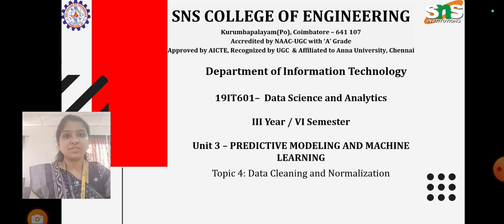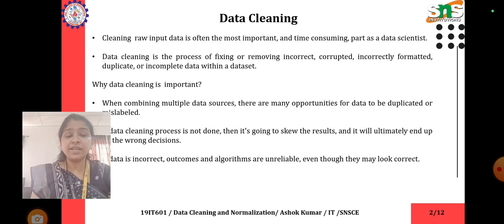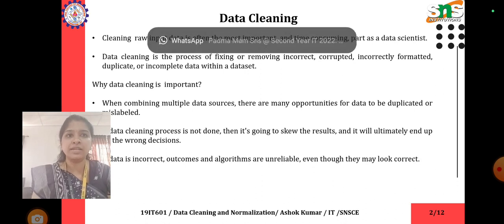Today I am going to share a small article regarding data cleaning and normalization. So why do we need data cleaning and normalization before going for analytics? Cleaning raw input data is often the most important and time consuming part as a data scientist. Data cleaning is a process of fixing or removing incorrect, corrupted, incorrectly formatted, duplicate or incomplete data within a data